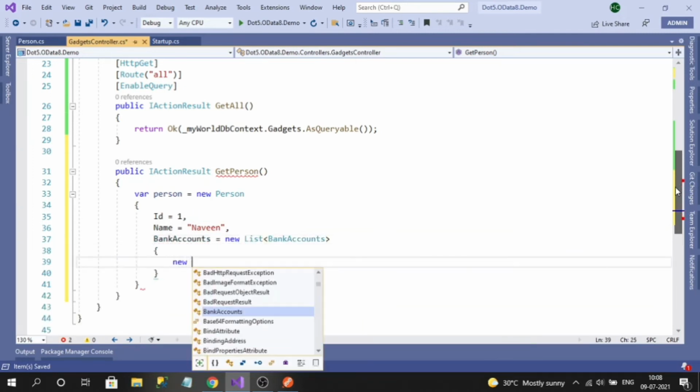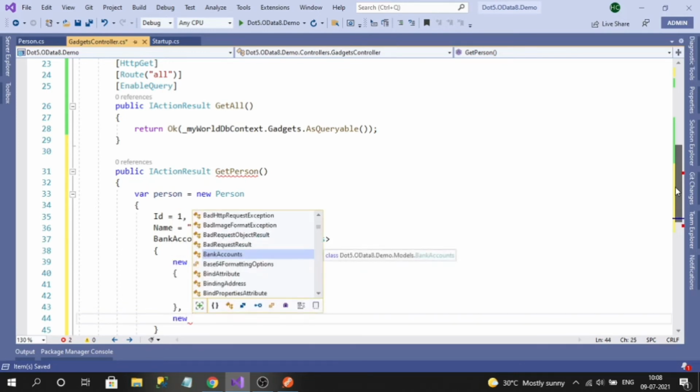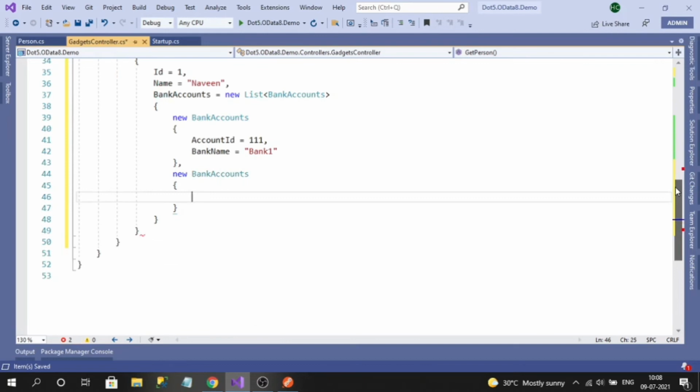So account ID equal to 111, bank name like bank one. Similarly, let me have one more bank account for my name. Okay, so account ID equal to 222 and bank name equal to